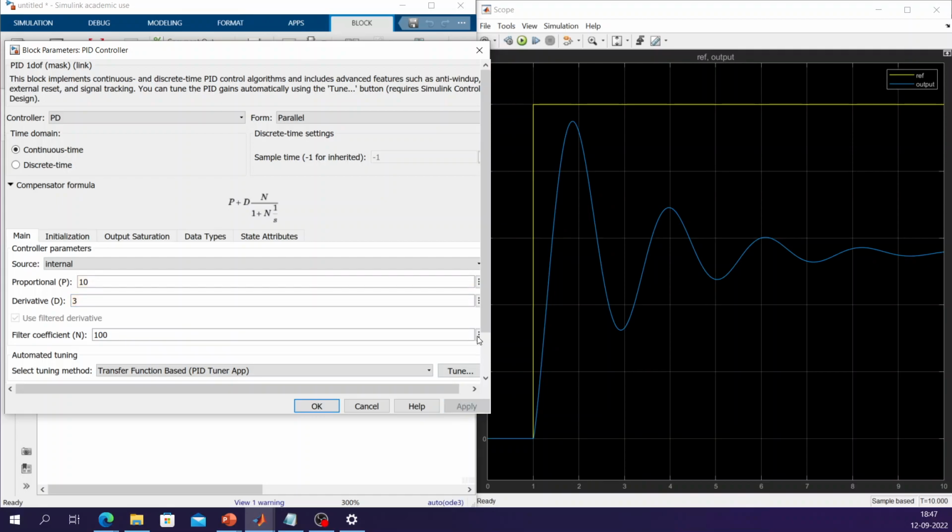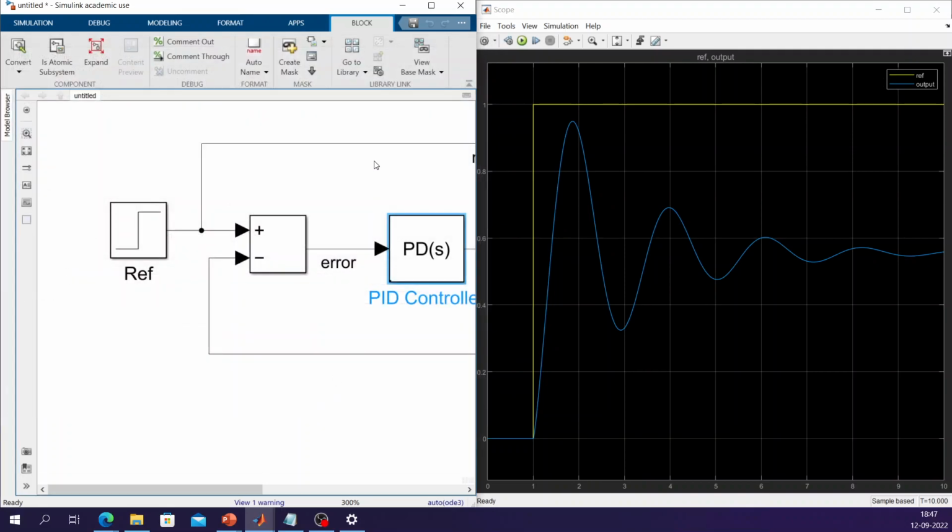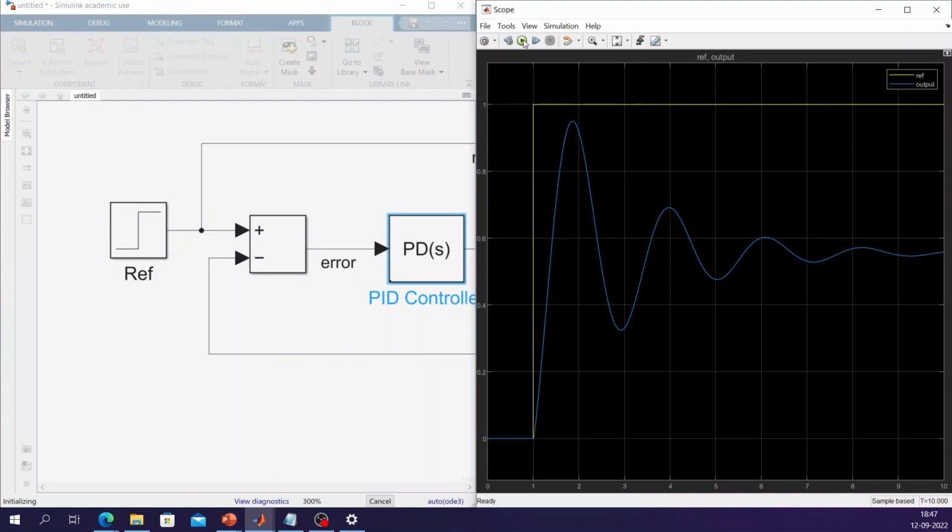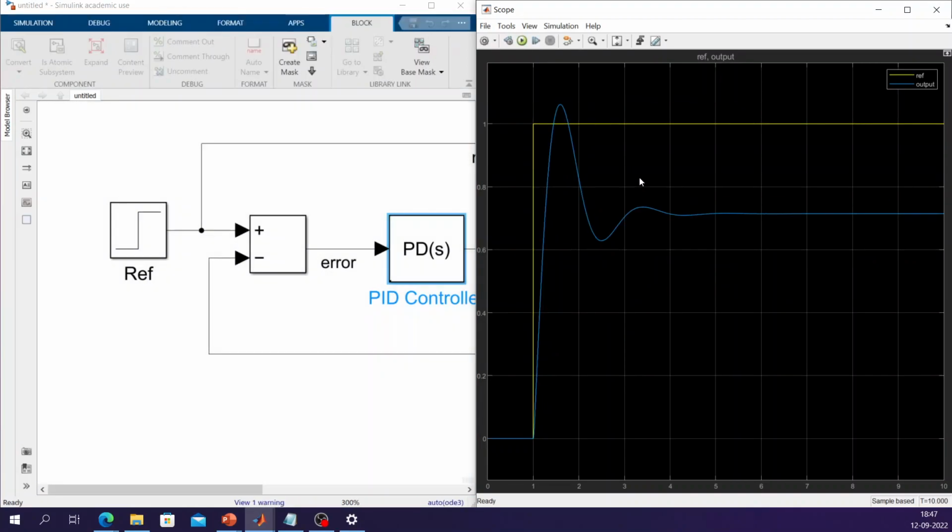We are looking at some seemingly steady state bias here. So we have made our response smoother by increasing the derivative, and it has also gone closer to the reference. Now, if we include some integral component